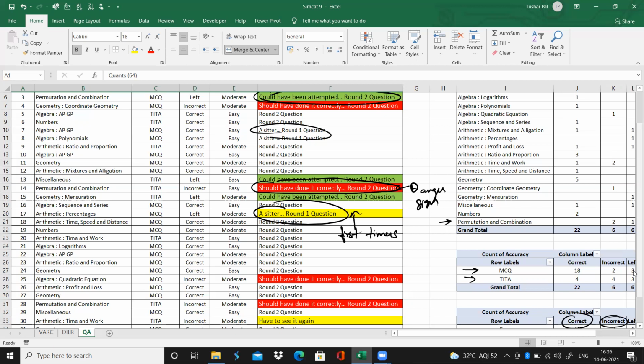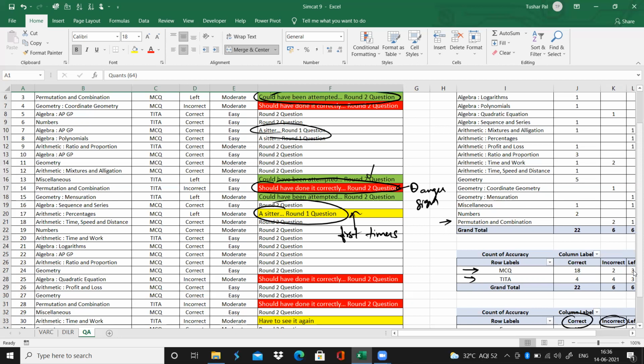Now, it will be somewhere around September, October, or early November, you should open up your mocks and solve some questions from it. But there is no need to solve the entire paper, entire sets, entire questions. The color coding will help you to pick up those questions in which you have not done well. So I will pick only this yellow, green, red color coded questions and solve it. So this is the significance of color coding.